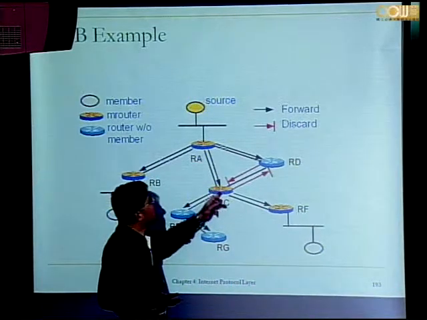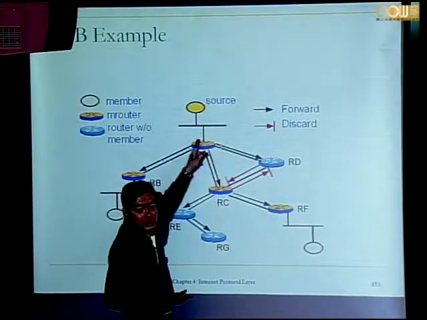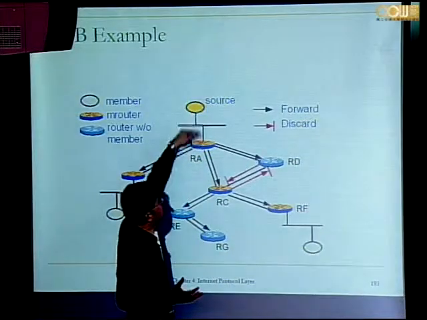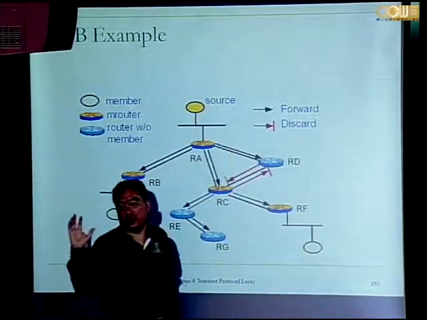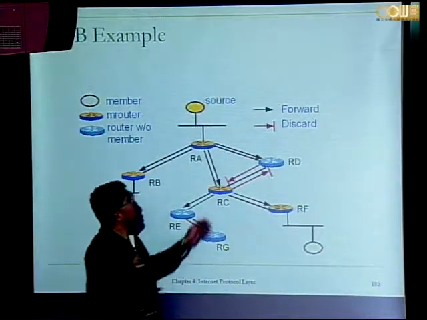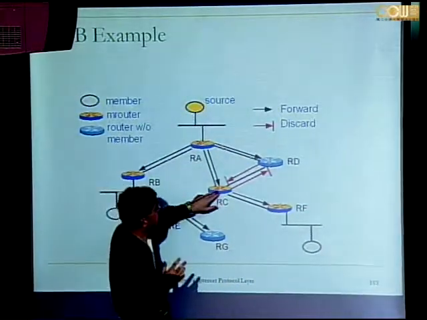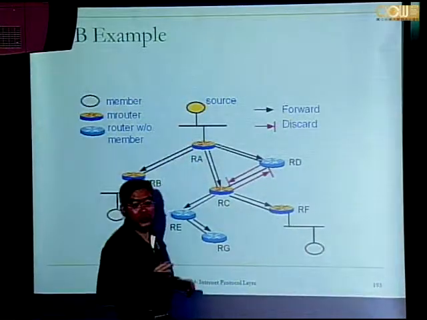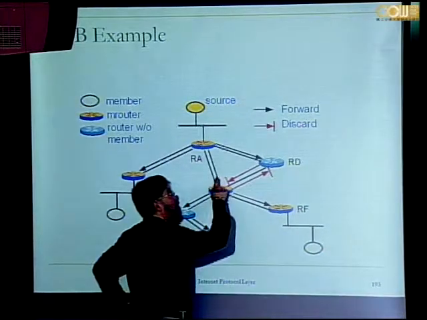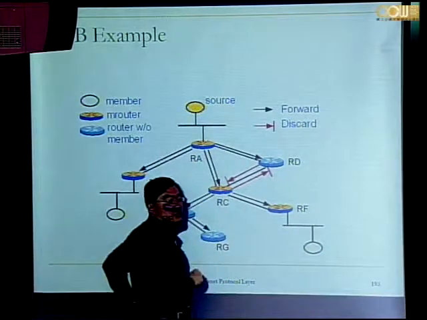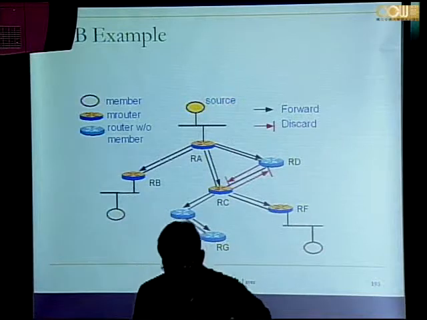if the shortest path from this router to the source host is this, but the shortest path from the source to this router will be this, not this, then my assumption is incorrect. So if the shortest path is this in one direction, but in the other direction the shortest path is this, then I drop this packet, which is incorrect. Instead, I should drop this packet, but forward this packet. However, fortunately,